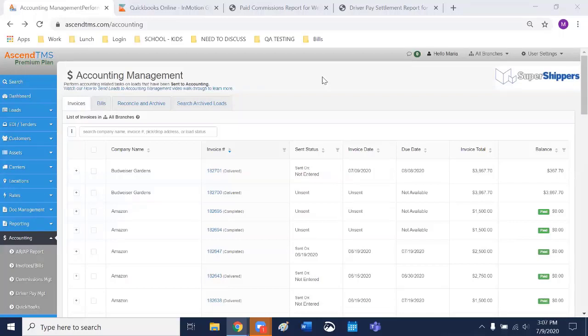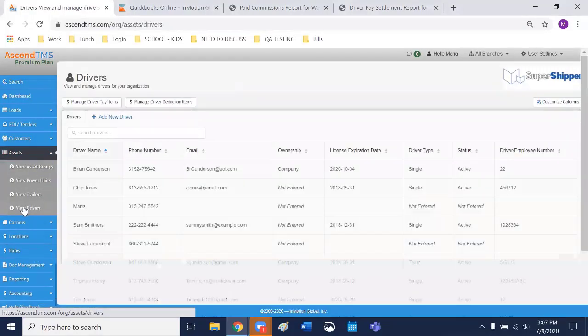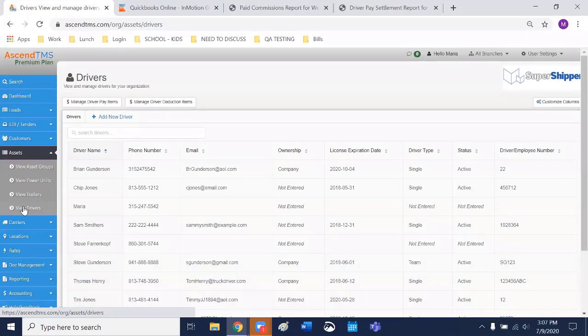What you got? Just if you could show how I would pay the drivers and set up their profile, too. Yeah. So let's go into assets real quick. I know I mentioned you're going to get that select all feature soon. That's just one of the few things we're going to be enhancing in our driver pay. I have a huge project with a lot of asks that I've given my team because I did all the carrier training all last year. That was mine. And so I got to see a lot of feedback on things that we can enhance. So we're going to get that project done this year. I'm super excited.